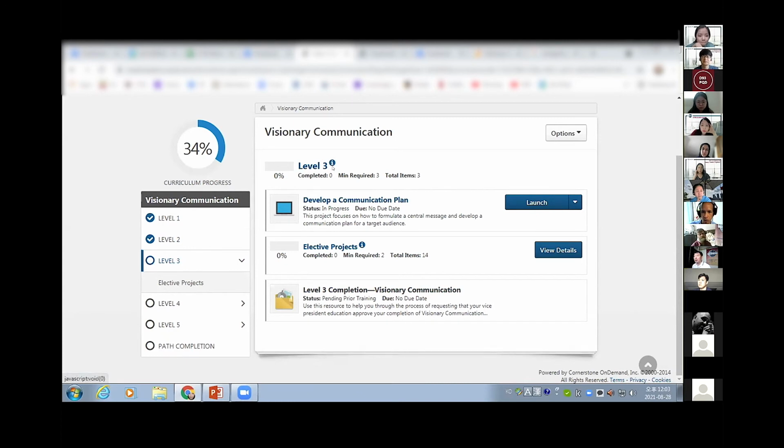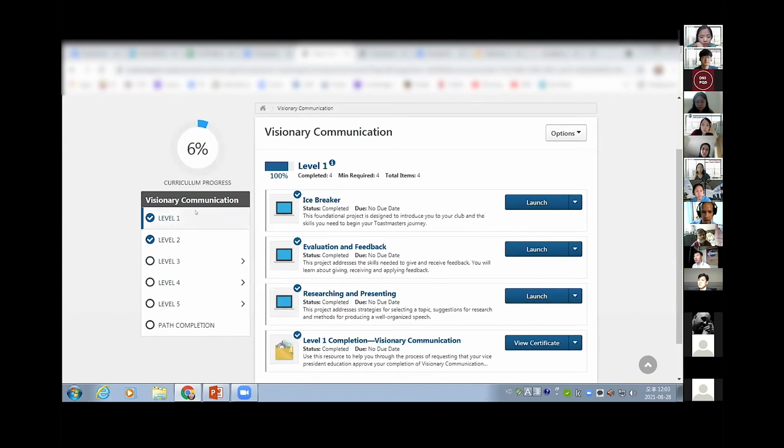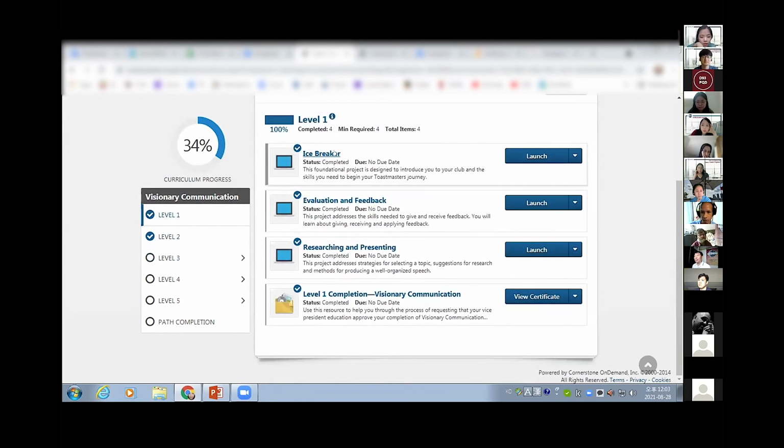Let's go back to level 1, where you're at right now. I'm at 100% finished, and the icebreaker still says launch. Look down here, it's view certificate, so you're okay. This is one of the things I struggle with for a long time.